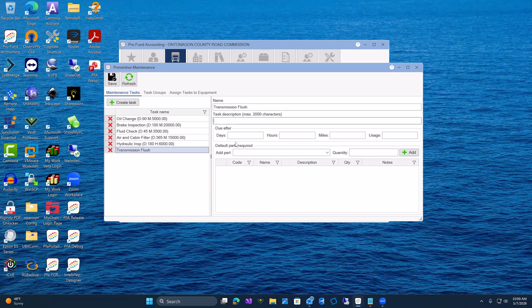Okay, so now when this transmission flush goes on to a purchase or to a work order, you probably want to tell the guy a little bit more than just transmission flush. Sometimes that's enough, but we would like you to understand you have 2,000 characters to say, maybe if there's like 3 steps to transmission flush or something. So I'm just going to put in